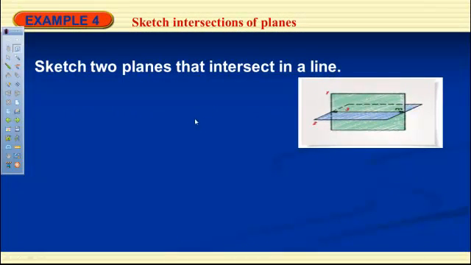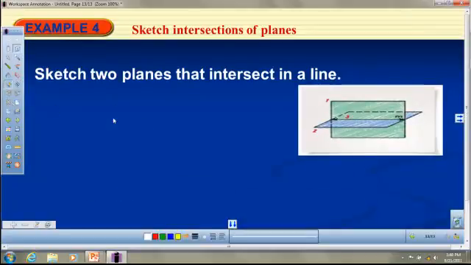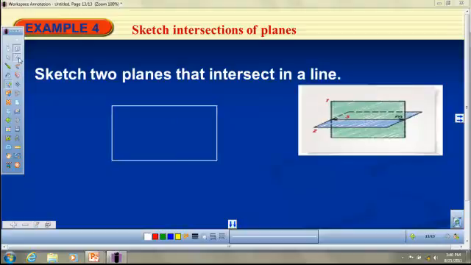Sketch two planes that intersect in a line. Here's our finished product, and think of this as like a corner. Like if this was a wall and this was a floor, this line right here would be the intersection. So I'm going to start off drawing just a rectangle. Okay? And then I'm going to draw, as best I can, this flat surface right here. So I'm going to go out and over,